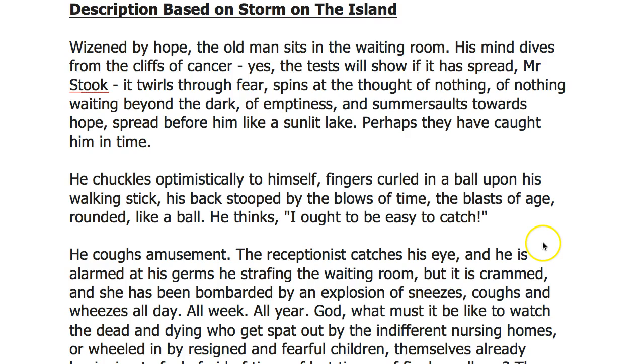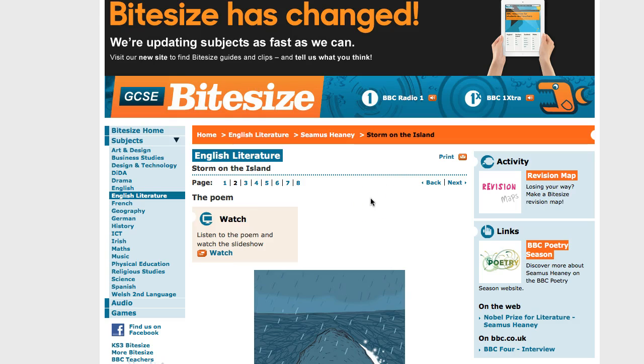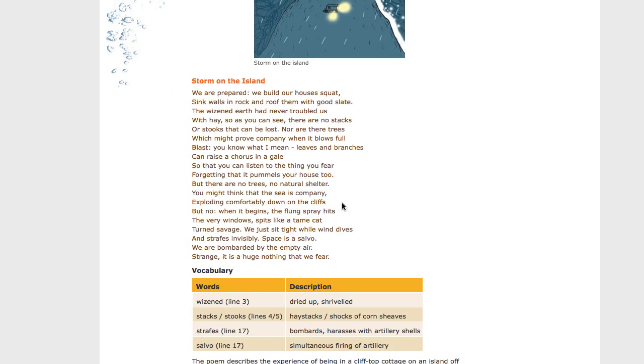This is a new technique that I've just tried out with my class. It's cool because it teaches you how to describe brilliantly, but there's more. It also helps you revise the poems you're studying. So pop over to Bite Size if you want copies of them. This one's Storm on the Island. And as you read the poem, well, actually, I won't tell you now. Stick around to the end of the video and I'll show you how the description helps you revise Storm on